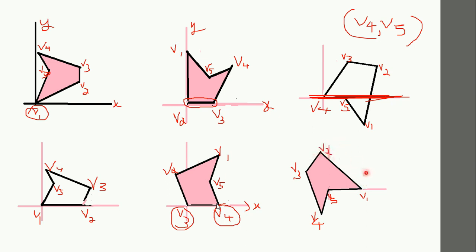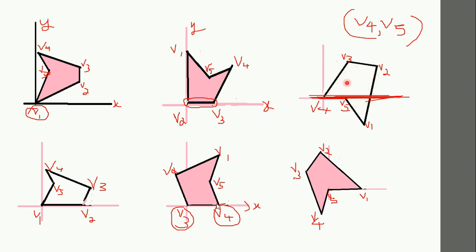So now, even if the other two vertices are on the other side, that means if I say here V3 is this side and V4 is below the x-axis, V2 is one side, V4 is the other side, I still don't consider it for splitting this concave polygon. Only this edge I am going to split, that is, I consider only V4 and V5. I just extend V4, V5 and I split the concave polygon.